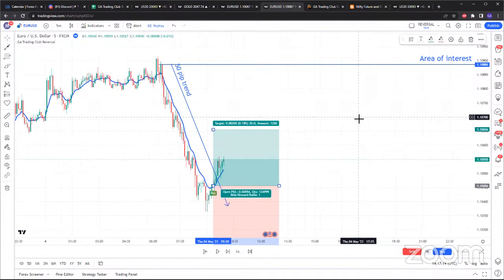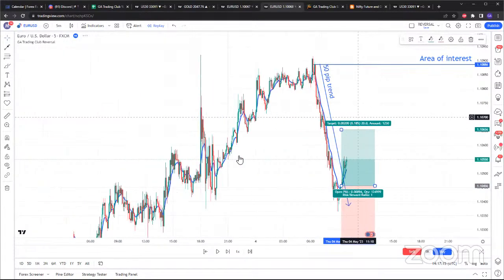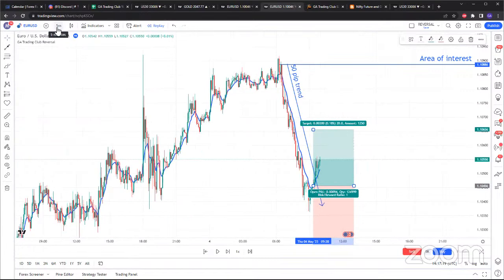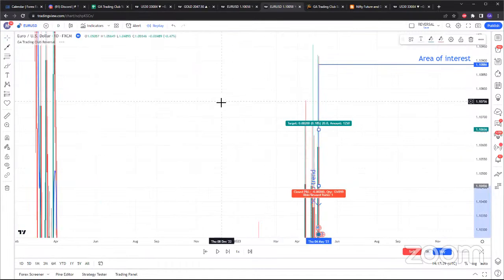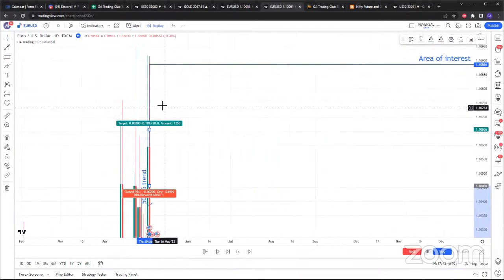Also because EU is pretty much high, right? If you go on the higher time frame, EU hasn't been here. Ideally, if you got a good reversal on gold around the 2070 area, it's around the all-time high or whatnot. I'm not saying EU is around the all-time high, but if you go to the daily, you can see EU hasn't been around here for a little while. So this is not a risk I was willing to take to hold the trade all the way. So if I go back to the 5 minute,